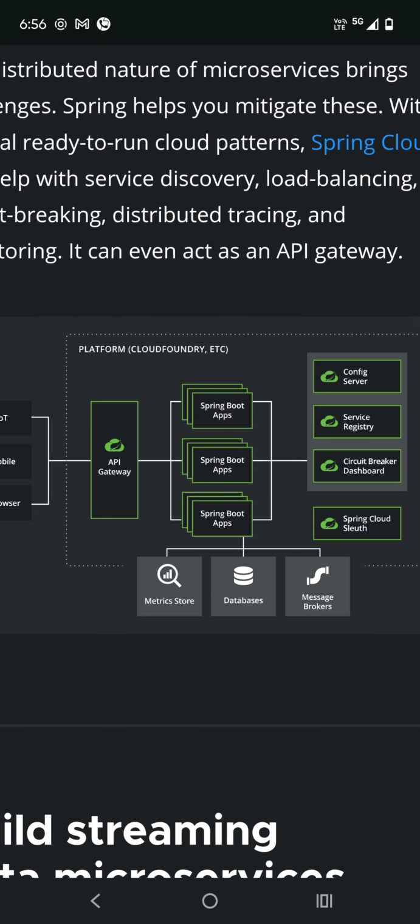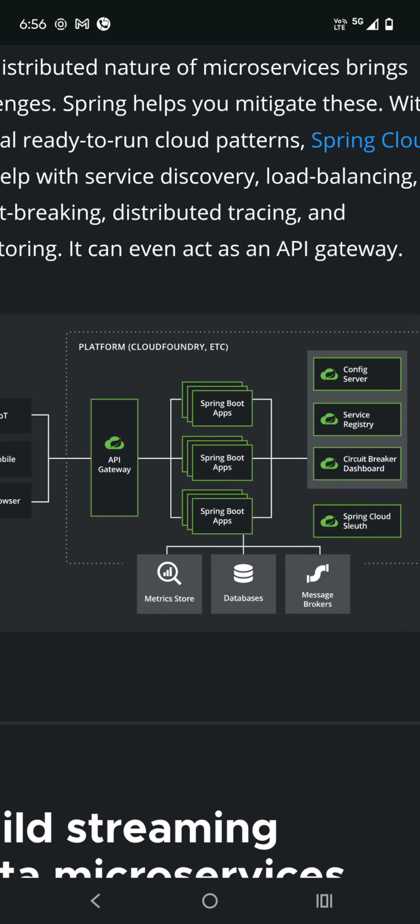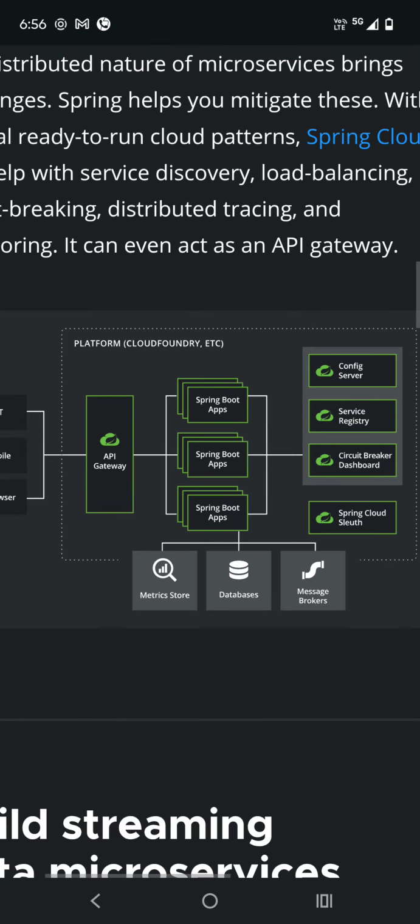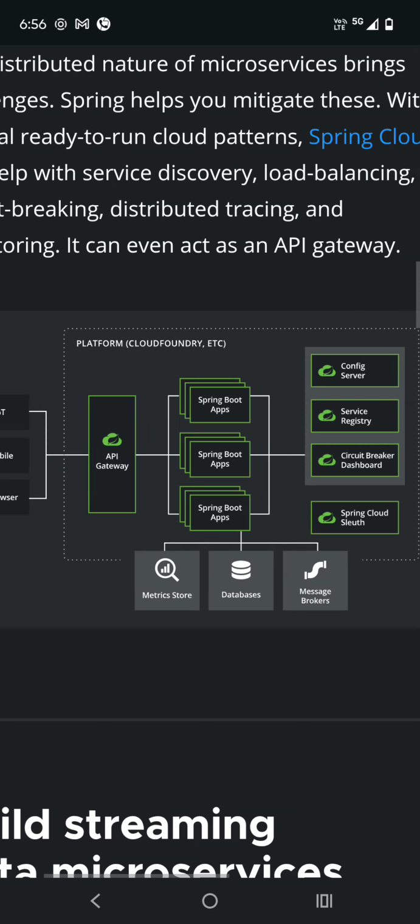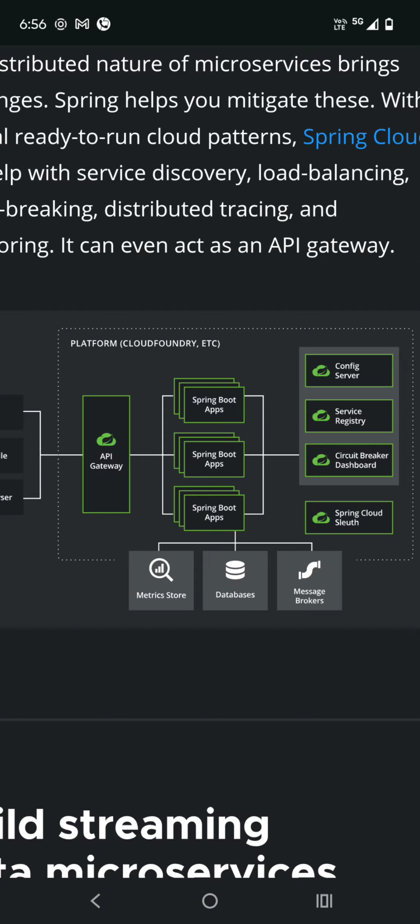And Spring Cloud Sleuth is a kind of distributed tracing mechanism, because we need a proper logging system and a basic tracing system. When we are building lots of services, let's say hundreds or thousands of microservices, if it is a complex system, then you have to configure proper logging and tracing. Spring Cloud Sleuth actually provides us